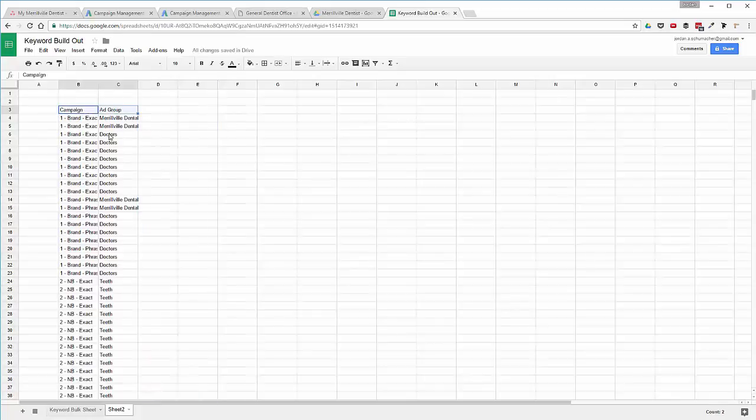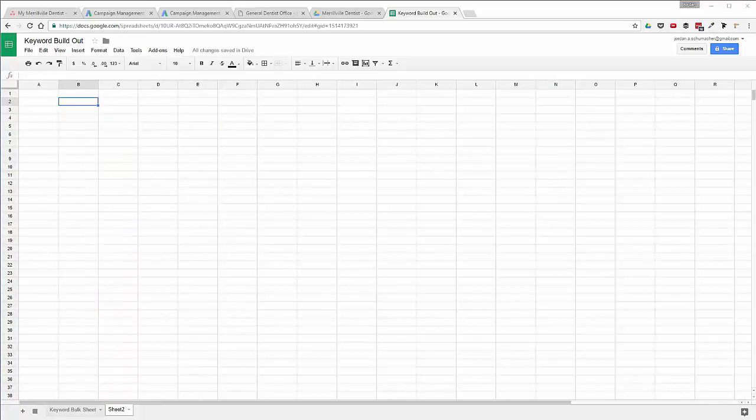We can go ahead and remove these duplicates. I don't actually know how to remove duplicates in Google Sheets, so we're just going to build these out by hand. So whenever you're uploading an ad copy bulk sheet, it's just campaign, ad group, headline 1, headline 2, text,